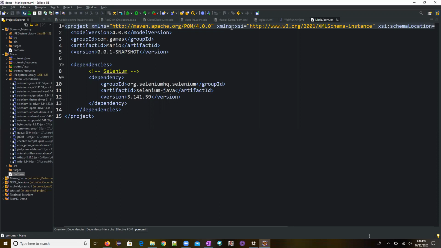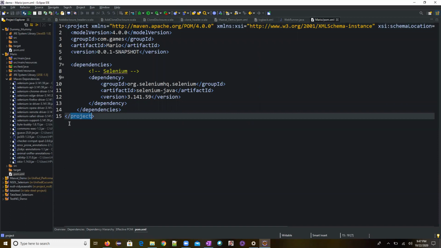Now, if you open this pom.xml file, there is a parent node called project. In POM language, we call this an element. So the project element should be started, and then the project element would be closed.